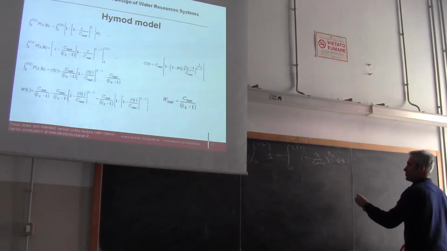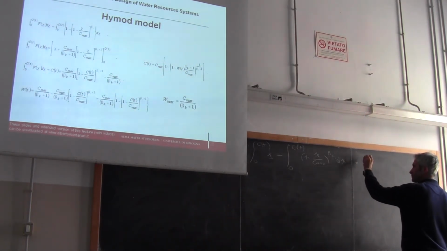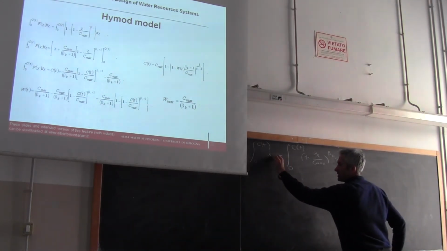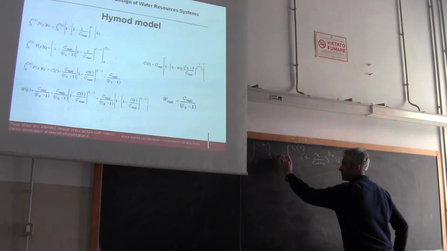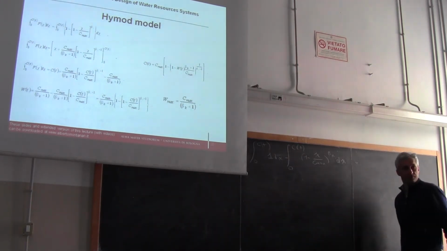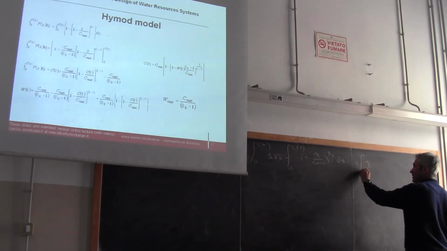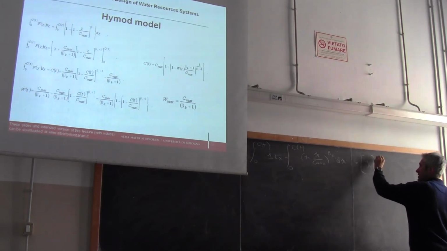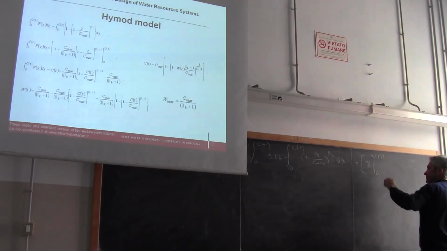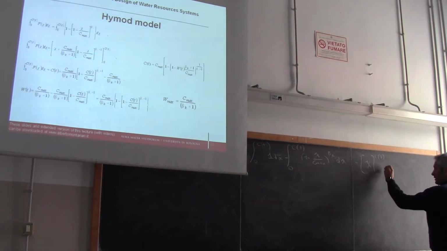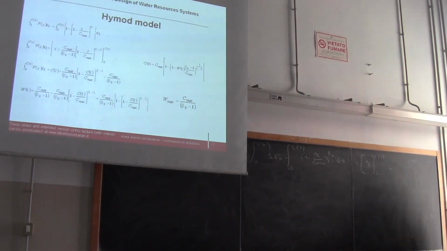I forgot a dk here, sorry. This is equal to k computed between 0 and Ct. The first integral is very easy. Minus